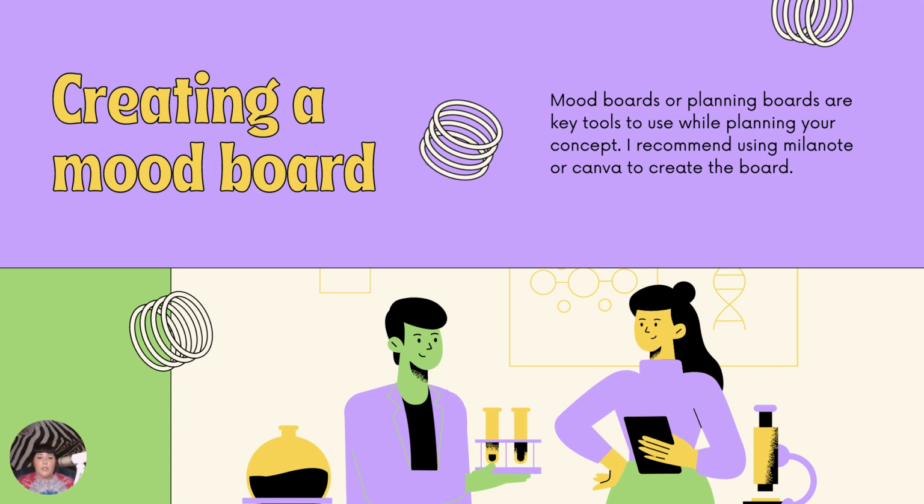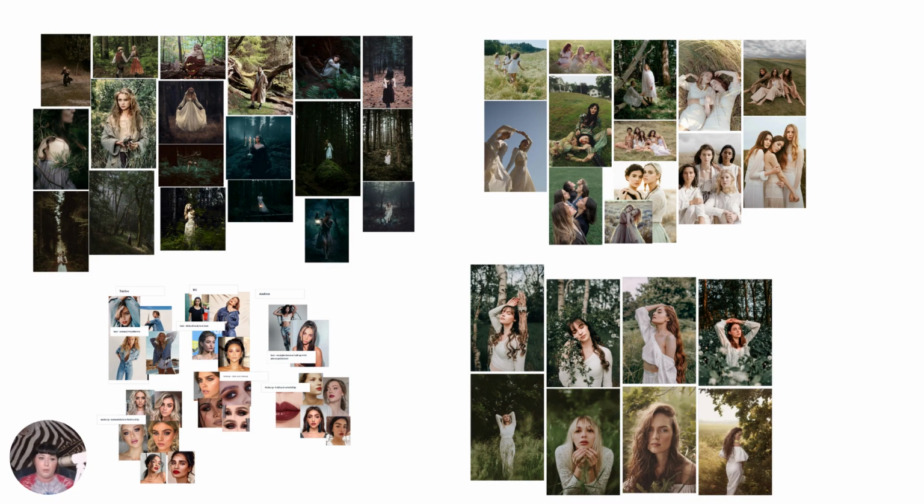I really recommend using Milanote or Canva to create your board. Those are two really great resources to create a space where you can put everything down. And I'm going to show you right now some examples from both. So this first slide is four mood boards that I made on Milanote. Milanote is great because you can just drag and drop from Pinterest without saving the images on your computer, which I like because I don't like to save a bunch of images, but sometimes I like to put a bunch of images. And you can also add notes, links,